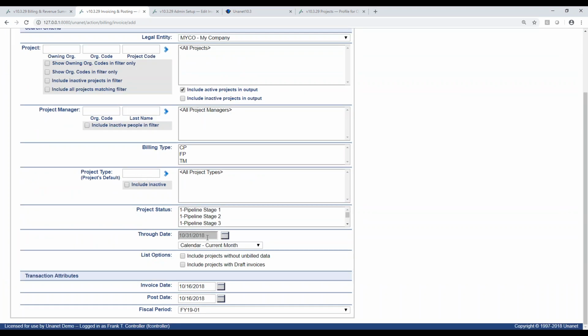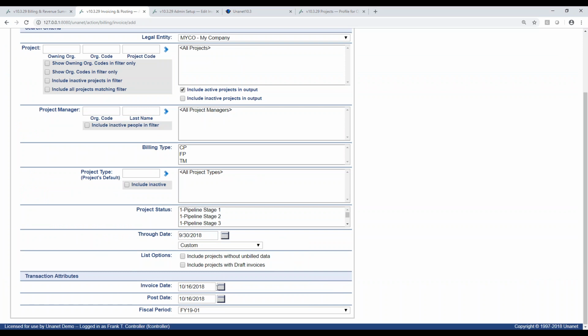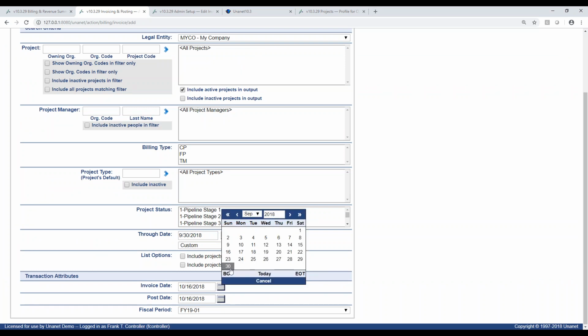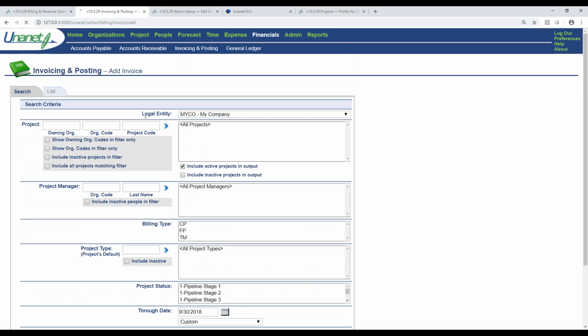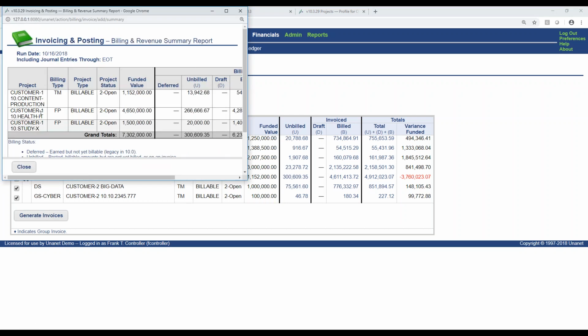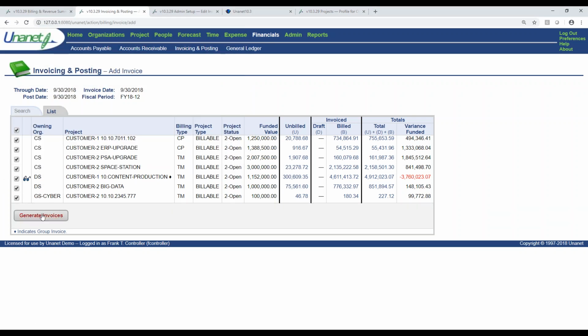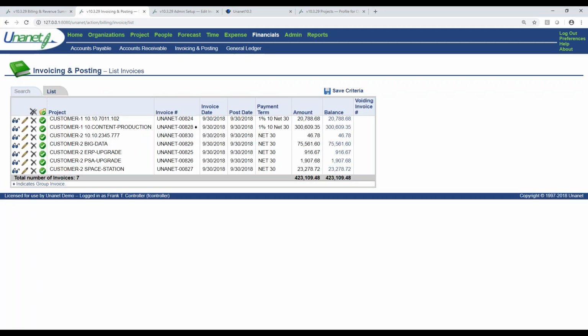Now let's add an invoice. And I would like to invoice. There's a lot of flexibility, but I'm going to say I'm a little bit behind because it's mid-month. But I'm going to go ahead and I'm going to invoice through the end of September. And here we go. September 30th. Here again, based on the labor that I posted, here are all the invoices that I can generate. And as a reminder, there were more projects when I posted labor, and that's because we had that lead and contributor project right here. So I'm going to generate those invoices again. Green is going to be good. Let me list those invoices.